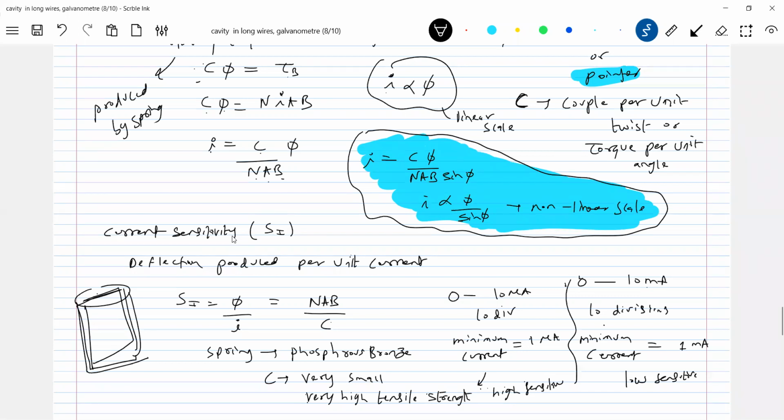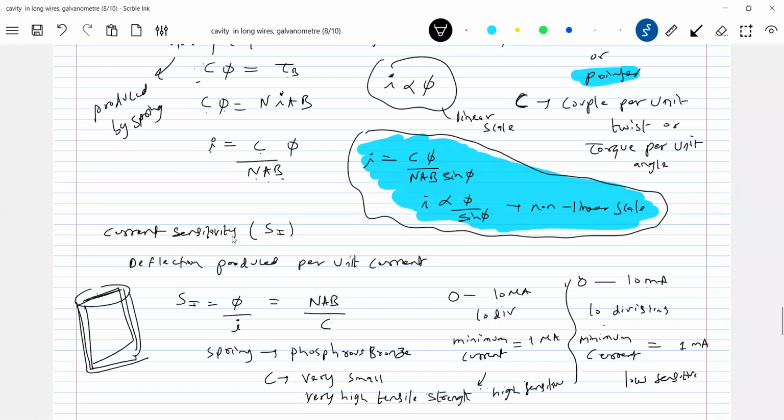Very high tensile strength means that as you start using this galvanometer, your current will decrease, again become zero, again increase, again decrease, like that. The wire will be continuously twisted, untwisted, twisted, untwisted. So the tensile strength should be more, the lifespan should be more, and it should be high tensile strength. So the wire will not break, because if the wire breaks, I should open the total galvanometer. Better to put it in the dustbin. So the spring becomes very, very important. With time, the strength should not decrease here. Therefore, high tensile strength.